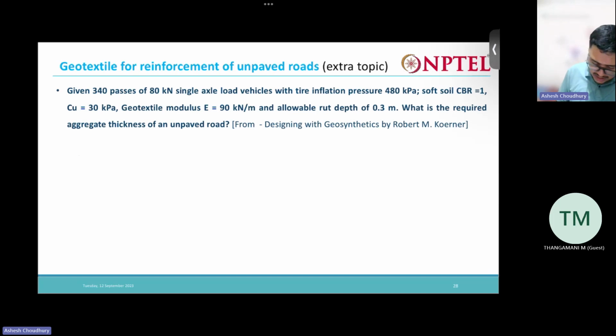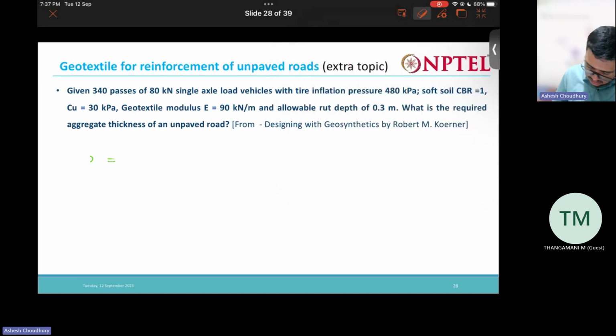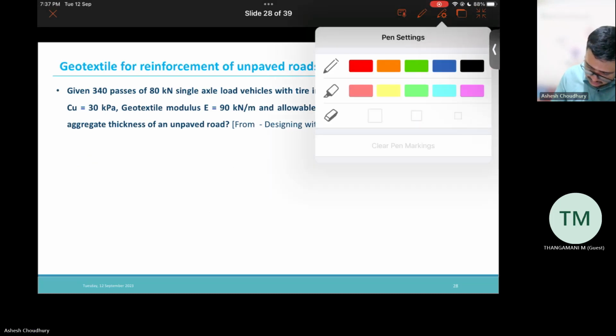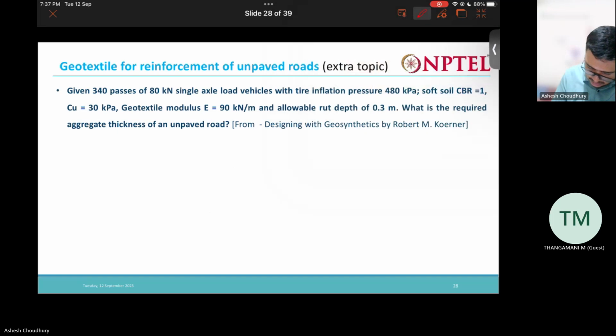Okay, so let us just find it. Very simple, 30 is equal to 80 by twice by